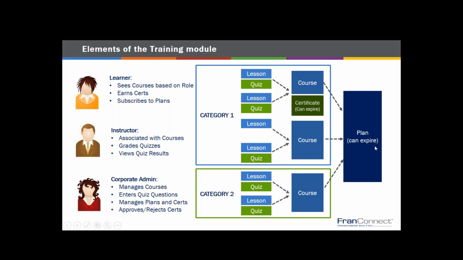A plan, this is a new concept that we didn't used to have. It used to just be a file structure sort of a thing. So you had categories, and they were like big folders and folders of courses, and then of course lessons, and that was kind of how it went. Now we have the opportunity to set up plans. And the nice thing about plans is they can reuse courses.